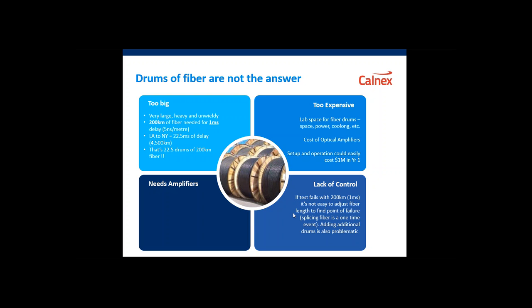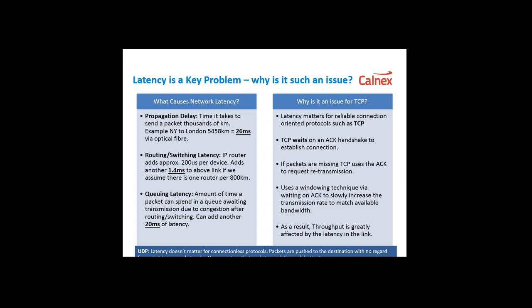The bigger challenge, or as big a challenge, is the lack of control. If you want to run a service or a test and throughput is impacted or the test fails, you want to then control the amount of delay, and that can't really be done easily using real fiber drums. As I mentioned before, you need amplifiers to go those distances, and these things can cost a lot of money. So the cost and the impracticality of doing it this way, as well as the lack of control in being able to turn up or down a delay, means that this is not a practical solution to emulate delays to test the impact on throughput.